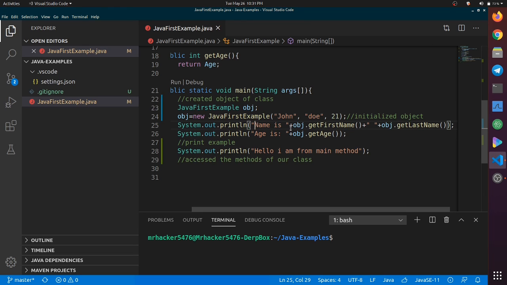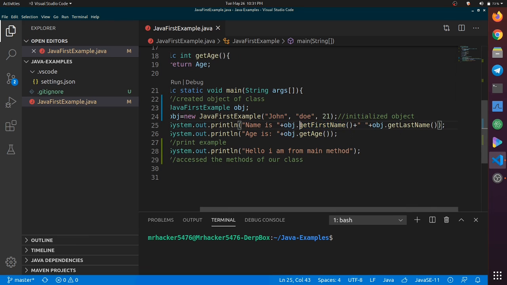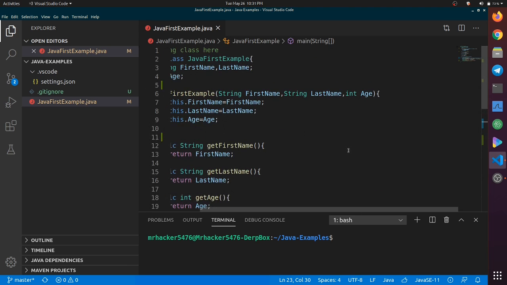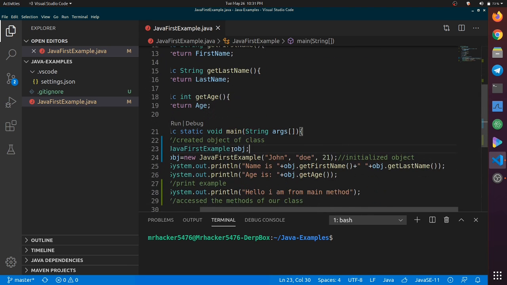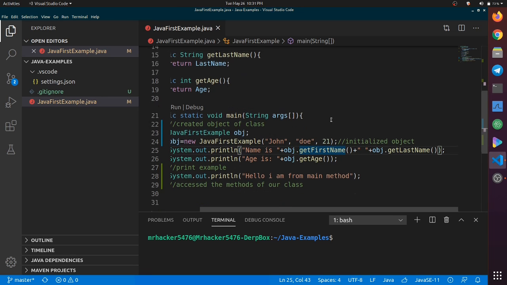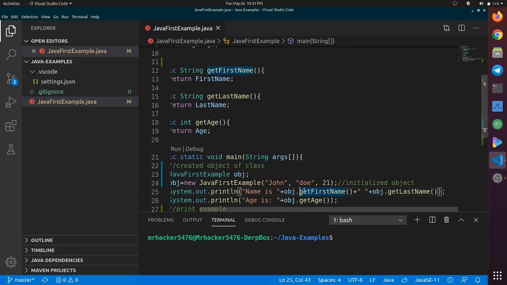So obj.getFirstName will return me John, and after that we are concatenating it with some white space so we could separate it, and we are printing obj.getLastName, so it will return Doe, and the whole thing becomes name is John Doe, as we saw in yesterday's output.